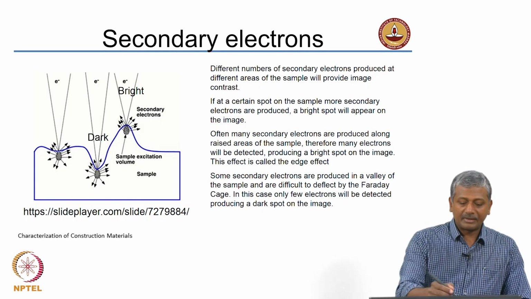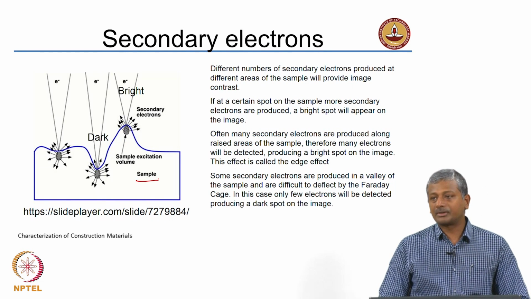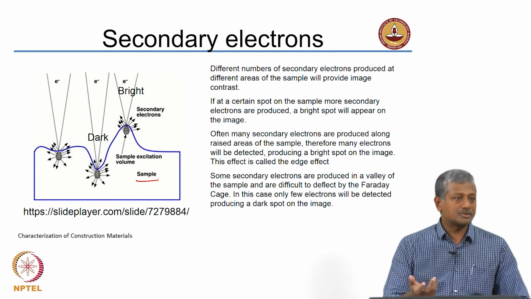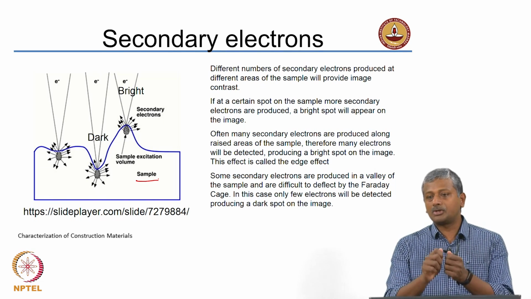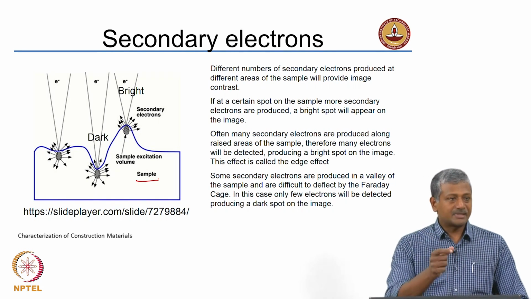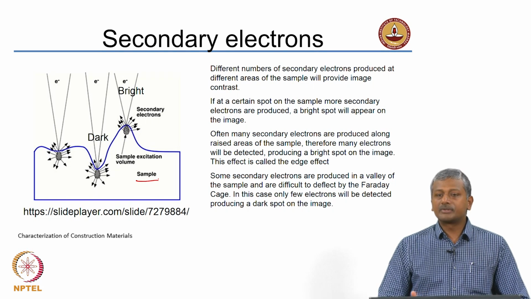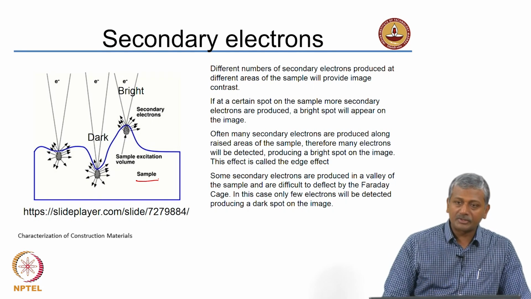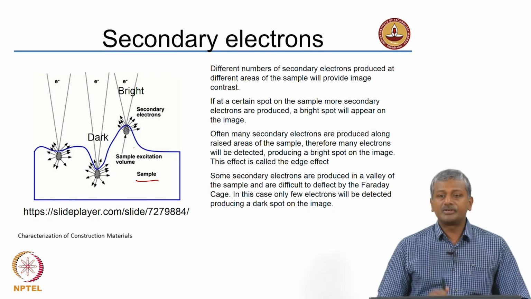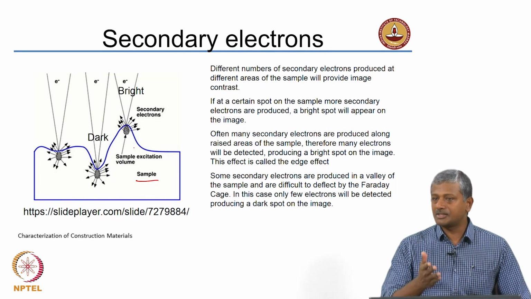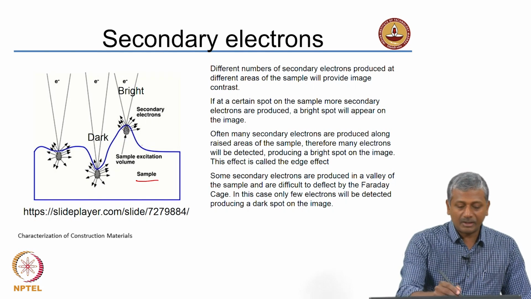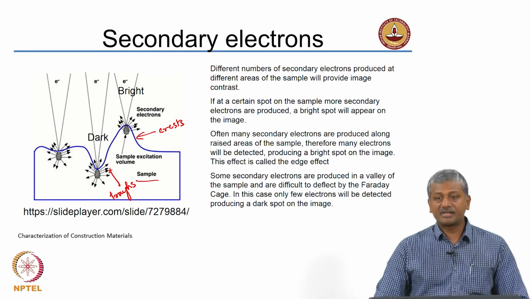So, if you look at a typical sample for secondary electron microscopy, we talked earlier that sample preparation is not really anything for secondary electron microscopy. You just need to fracture your sample and stick it under the microscope, right. Of course, for ceramic specimens and for cementitious specimens, you need to coat these samples, right. Because of the fracture, you have these relief features on the surface. You do not have a flat surface, you are not cutting the specimen, okay, you are simply fracturing it and putting it. So, there are these relief features, like you have crests and troughs on the surface.